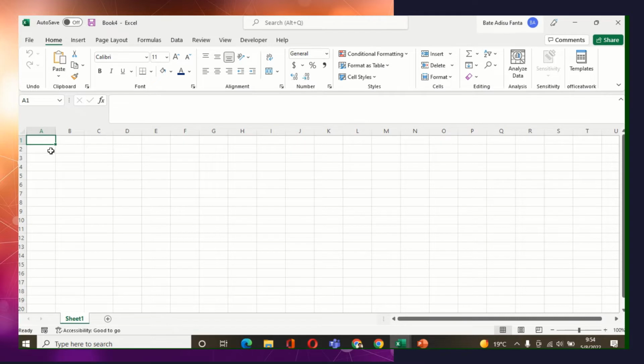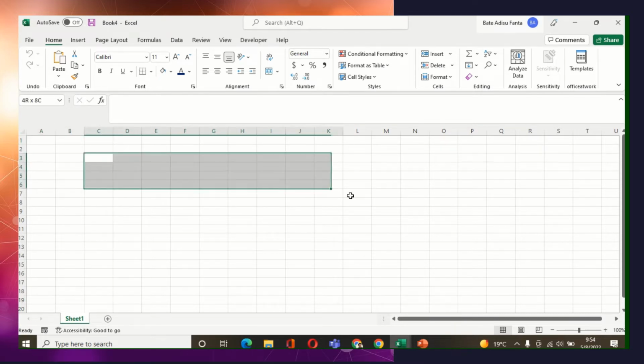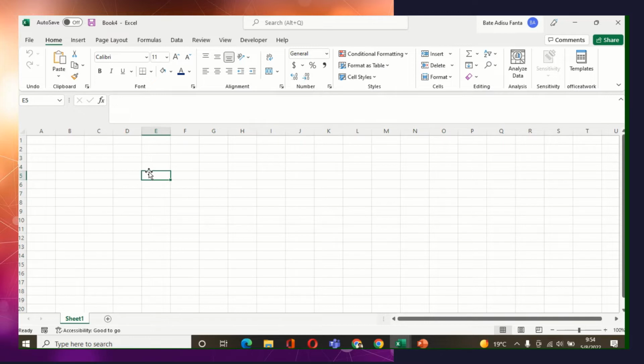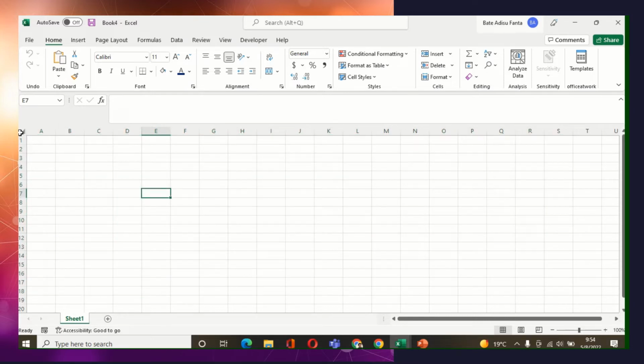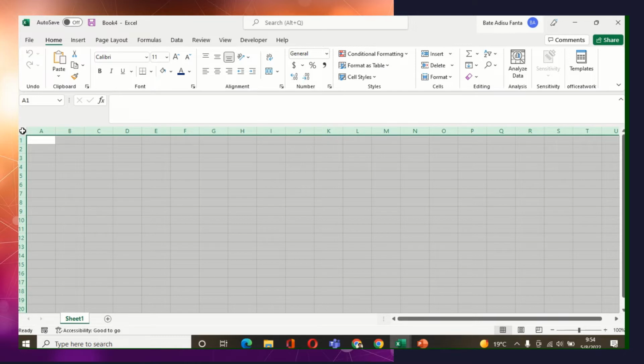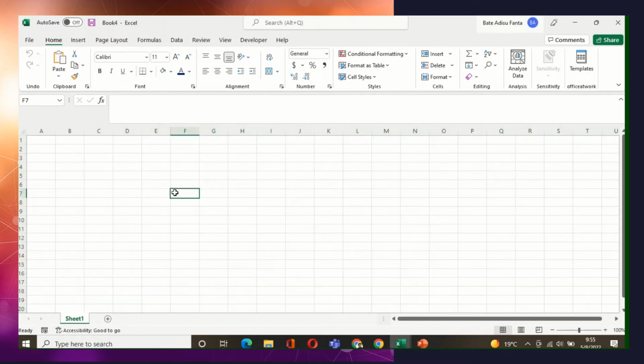To create a professional looking spreadsheet, we may change this workspace to white as we have seen in our previous video. So to change this workspace to a smooth white color background, we can easily select this by clicking here. We select the entire workspace, or simply by clicking Control plus A, we can select the entire column,